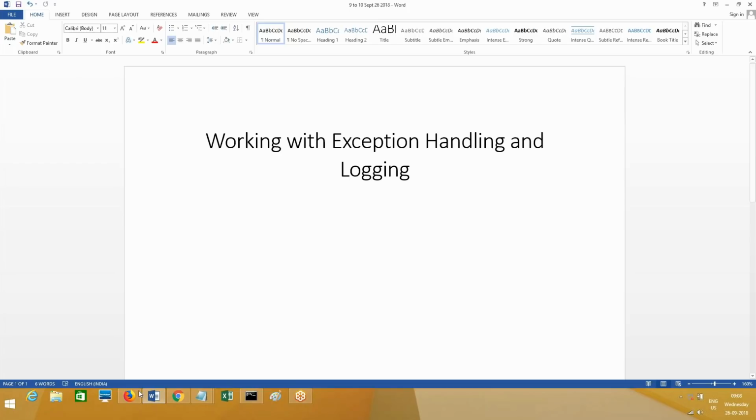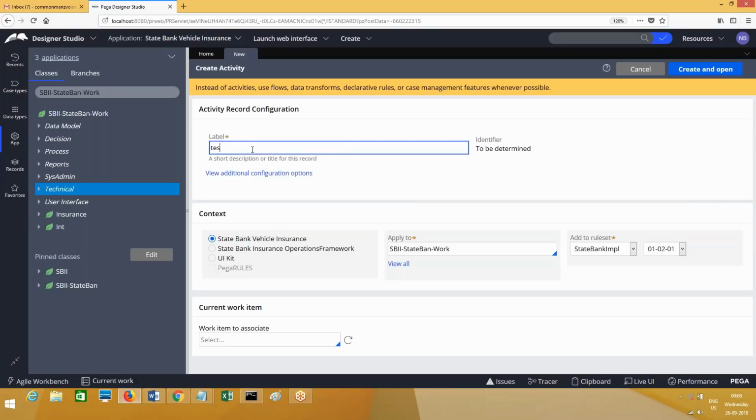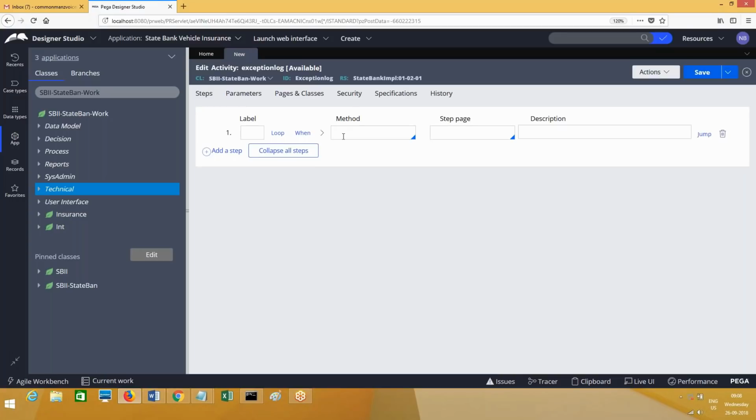Okay. So if you go ahead and see here, just a simple example I'll show you first of all. Let me create an activity. Create and open. So method is equal to simply property set. I'm writing property set here just to show you.